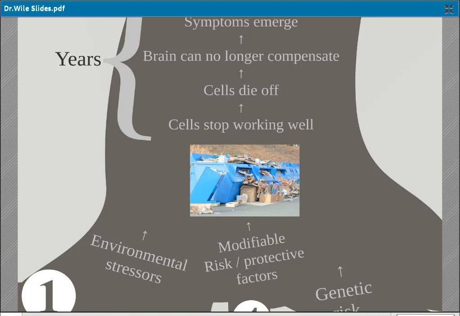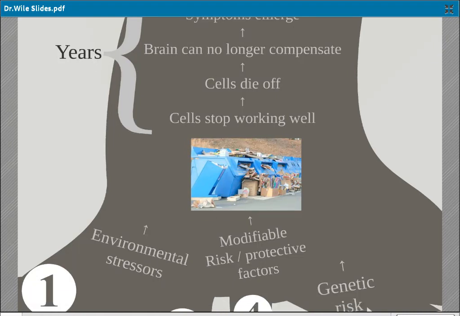And the point of this is very different. These environmental stressors, the risk factors, protective factors, and the genetic background or how the recycling system works inside your brain is very different for each person, whether or not they have Parkinson's. And it's determined by, not hundreds or thousands, but millions of different factors in your gene code. Okay, so